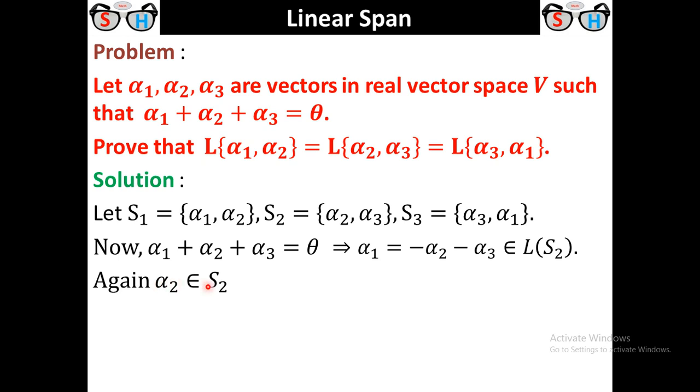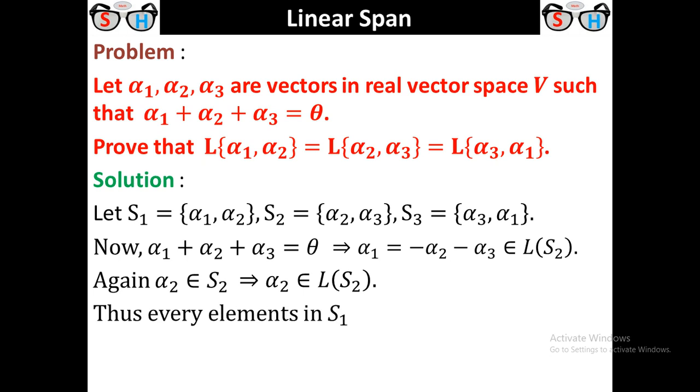Since alpha 2 is in S2, this implies that alpha 2 is in L of S2, because we know that L of S2 contains all the elements of S2. Thus alpha 1 and alpha 2 are in L of S2, that is, all the elements of S1 are in L of S2, that is, every element of S1 is a linear combination of the vectors of